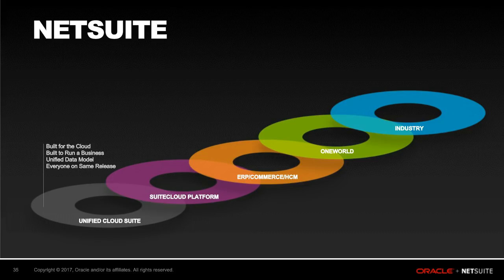And again, that's philosophically what a real cloud solution is, giving that ability to access what you need when you need it. It's built to run a business. Now, again, you might say, well, everything's built to run a business, but what do we mean by that? Well, as I said before, there are lots of products out there that weren't built to run a business. They were built to run a department, an accounting department, an HR department, a sales department, or an operations department, or a warehousing area. And then they morphed into these other systems. So they weren't optimized to run a business. They were optimized to run one area. And it was great if you were in that area, but if other